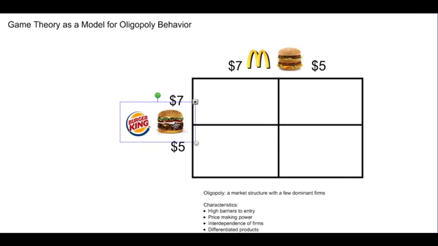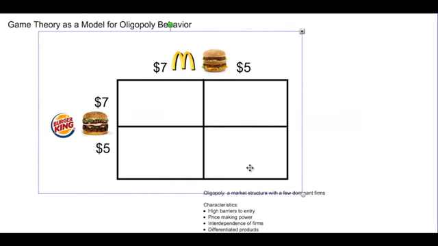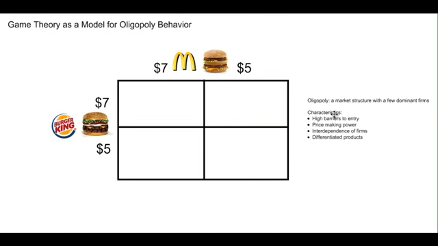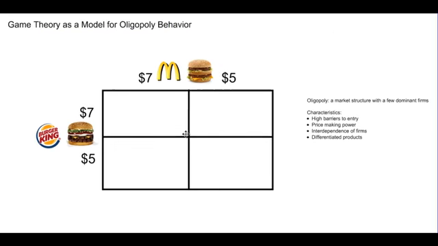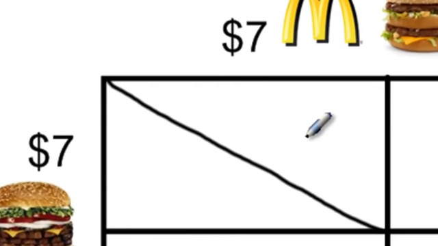What the table will show us is the levels of economic profit that the two firms will enjoy based on their decision of whether to price their meals at $7 or $5. So looking at the table here, we're going to add some values to each of the boxes in this table. What the values will tell us is the level of economic profit that Burger King and McDonald's will earn based on their pricing decision. For example, if both Burger King and McDonald's choose to price their meals at $7, then